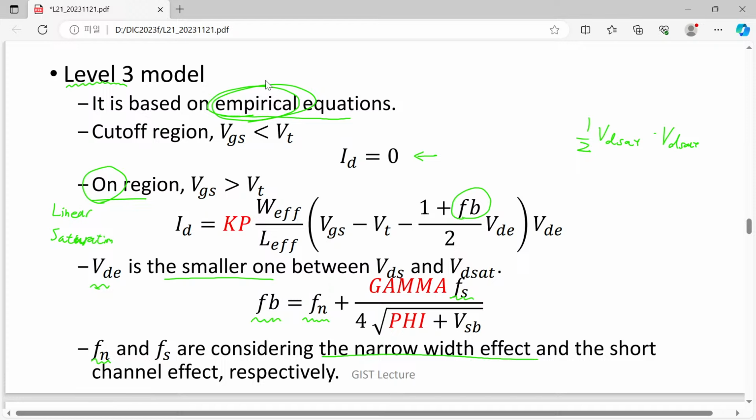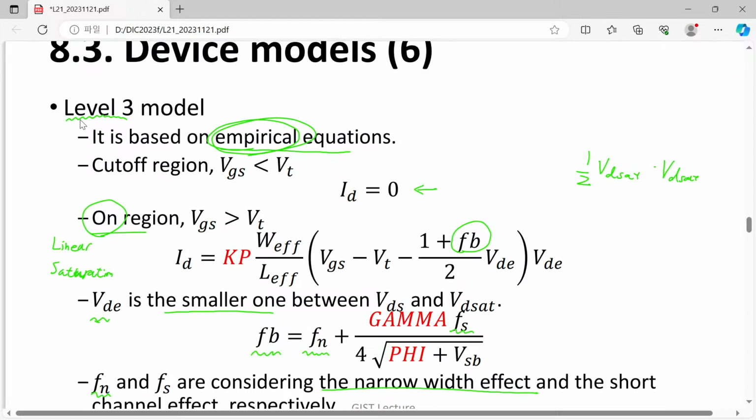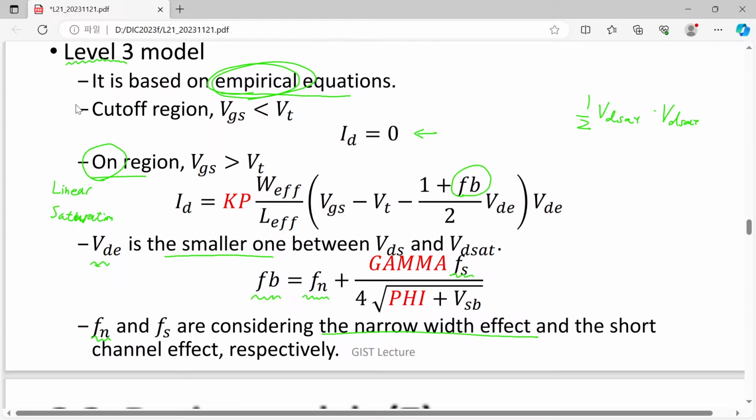Previously, Model 3 was regarded as a quite good compromise between accuracy and efficiency. However, it eventually failed to predict good enough results for our modern transistors, so it is not being used anymore. So please just treat it as an old-time